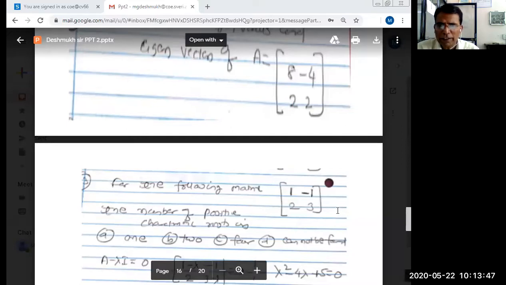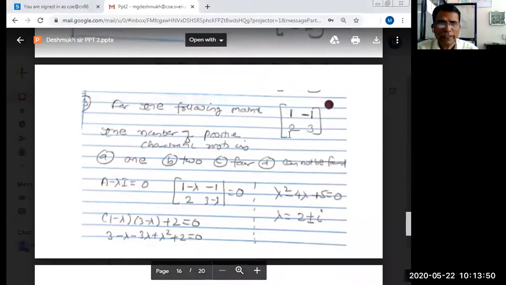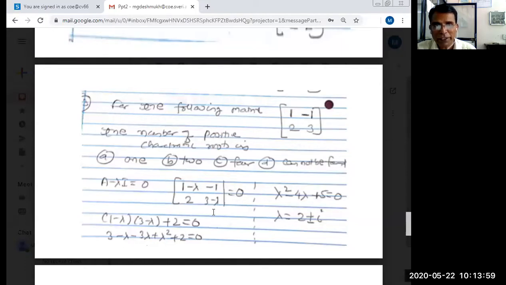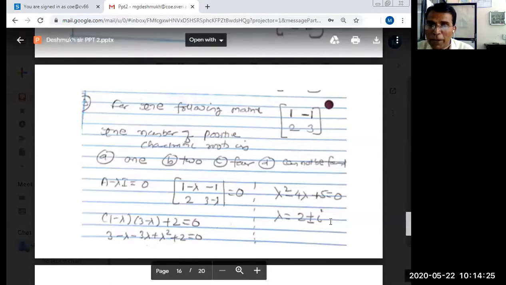So I will find it. Just see here, we know that the determinant of A minus lambda I is equal to 0. So here you take 1 minus lambda, here you take 3 minus lambda. Got it? 1 minus lambda into 3 minus lambda, minus of minus 2 into 1, plus 2, equal to 0. 1 into 3 is 3. Minus lambda into 3 is minus 3 lambda. 1 into minus lambda is minus lambda. So lambda into lambda is plus lambda square, plus 2 equal to 0. Lambda square minus 4 lambda plus 5 equal to 0. So lambda is equal to 2 plus or minus i.